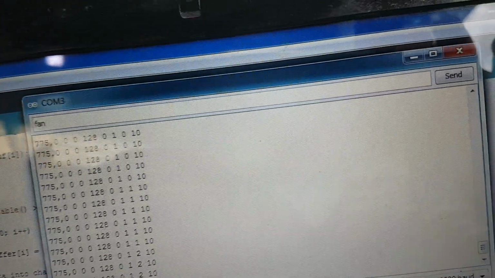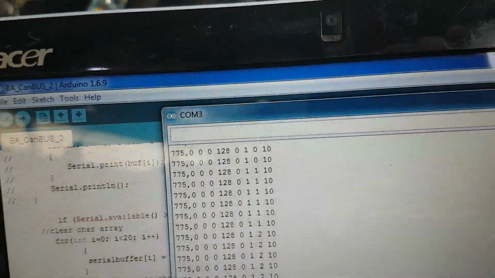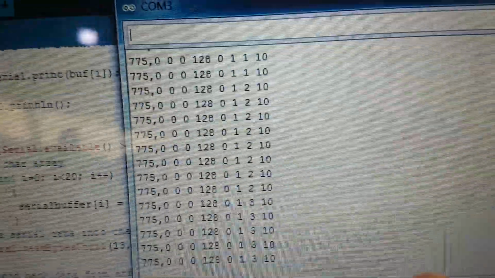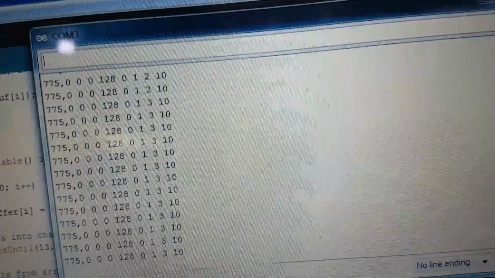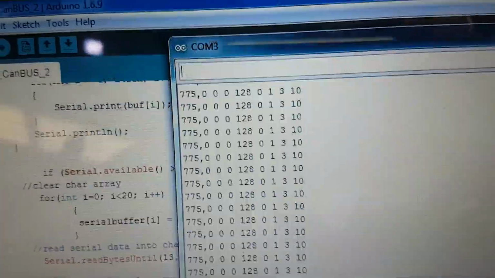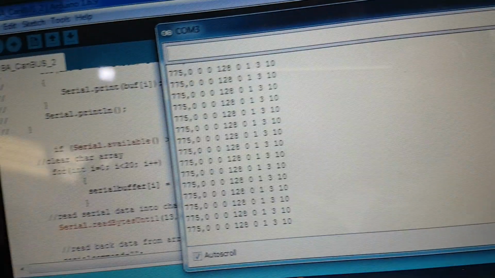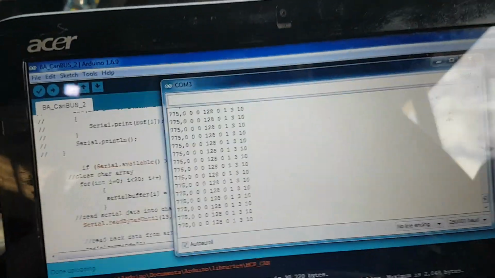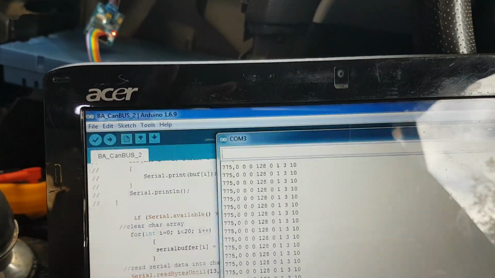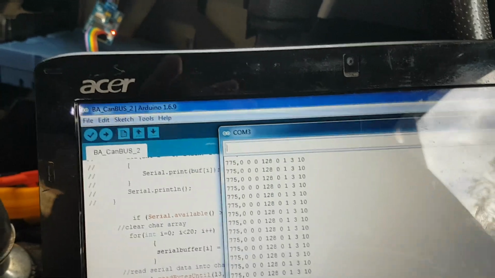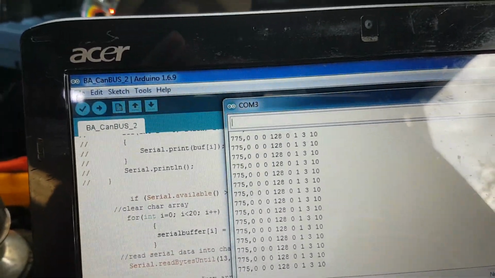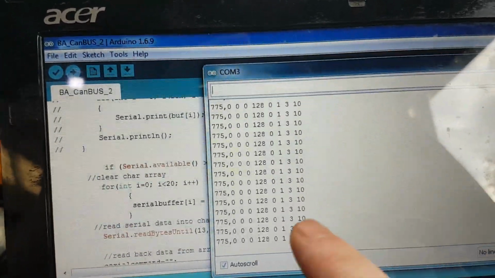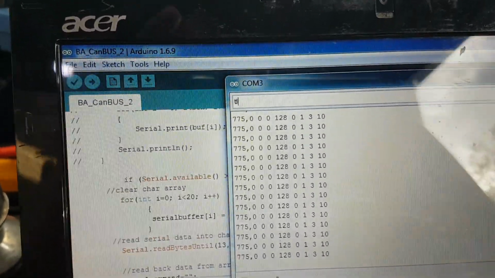So that's increasing the fan speed. And they work fine because those bits are broadcast every time. But things like the door lock and the interior light are a single broadcast of the whole CANbus string, but you only change the bit once and then you go back to the default string. So if I say T-lock,